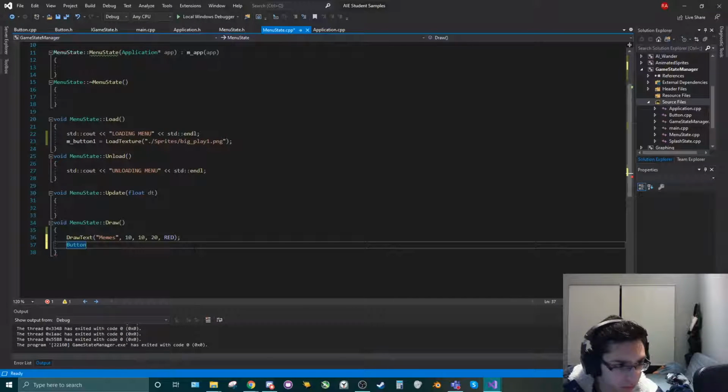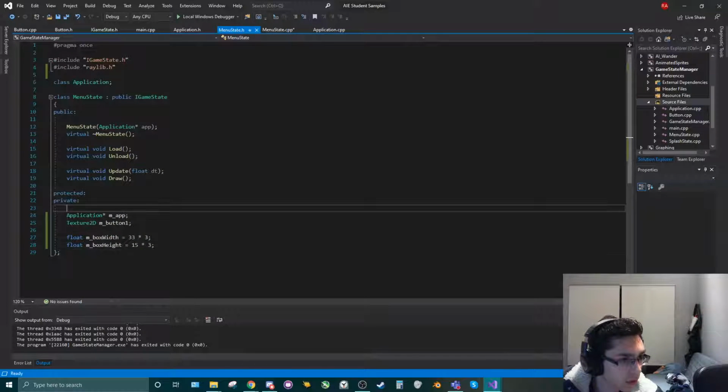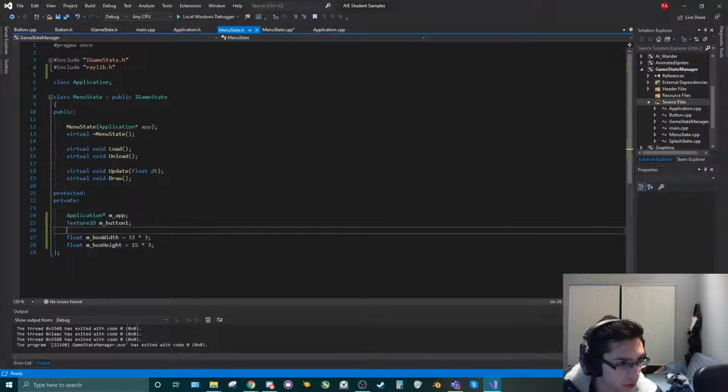Button. Yeah, there we go. So text, which is going to be nothing, I'm going to store empty there, then our texture, then our other texture, then our rectangle. So then we go into menu state.h, we grab this, we grab this,